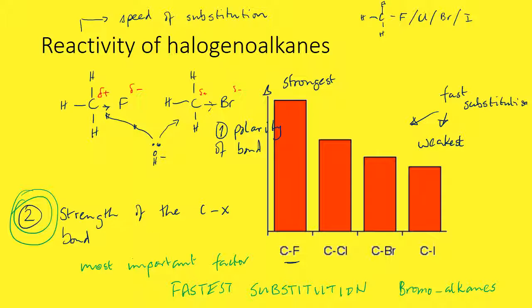Last thing to say would be just to explain why the strength of the carbon halogen bond is weaker with the bigger halogens, and it is exactly the size of the halogen that weakens the bond. So carbon is quite a small atom, whereas bromine and iodine are very big atoms, and that size differential weakens the bond, and therefore makes the halogen alkane easier to substitute nucleophiles onto than with the